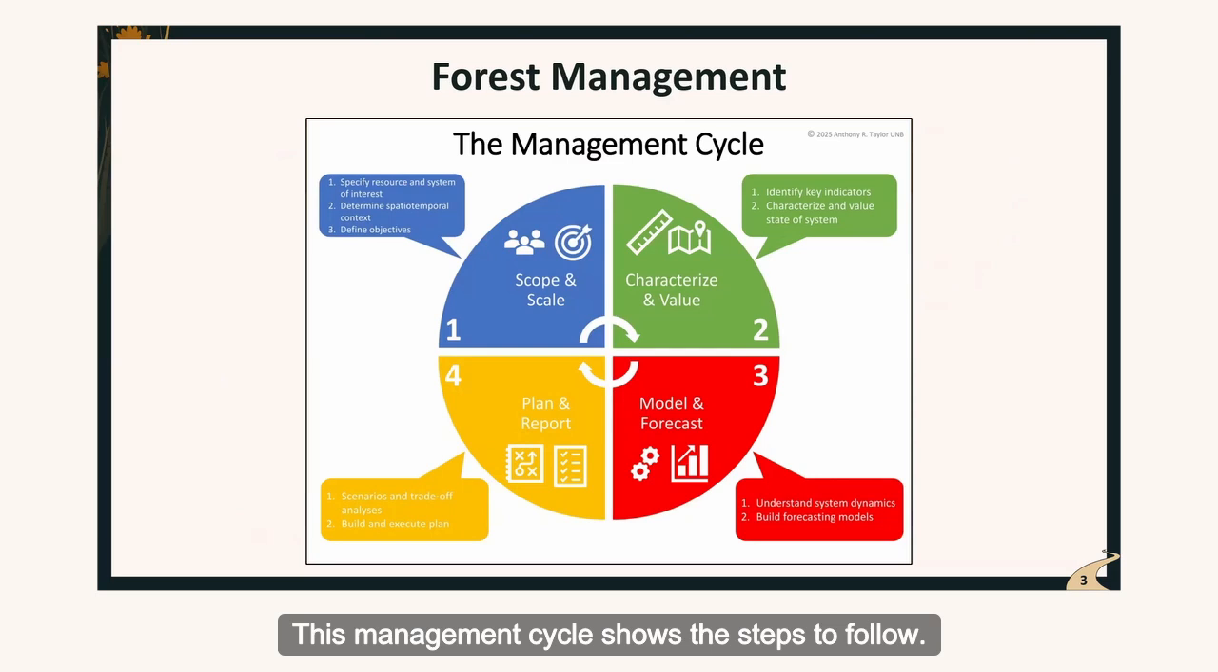This management cycle shows the steps to follow. We start by defining the scope and scale. We set the context, where the woodlot is, who owns it, its history, and so on. This is also when we formulate management objectives. The second step is to characterize and value. Here, we describe the state of the forest using indicators such as tree species composition, stand age, merchantable volume, or